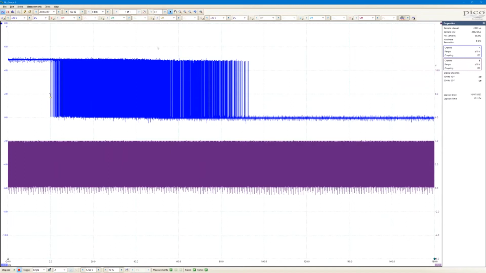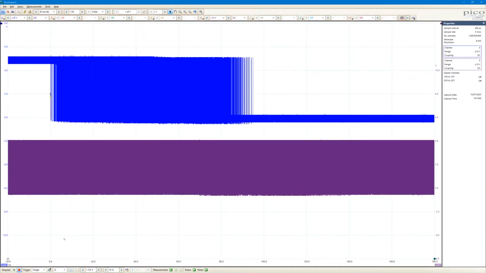So what I can do instead is apply, with the Picoscope, a deeper capture memory. Instead of 100,000 points, I can go up to 1,000,000 points, or in fact we can go straight up to 1 gigasamples, and then take another capture on this occasion with a much deeper memory. So there we are.